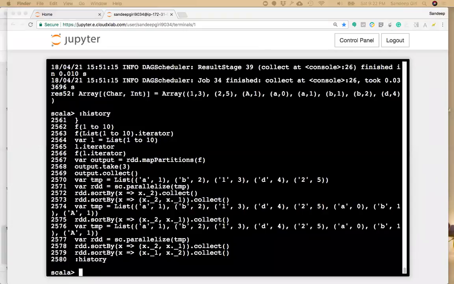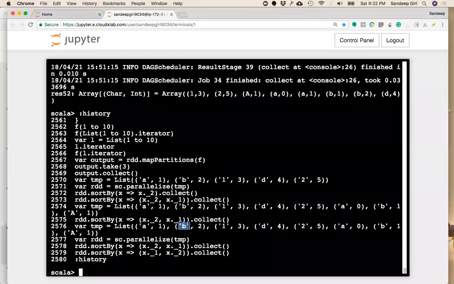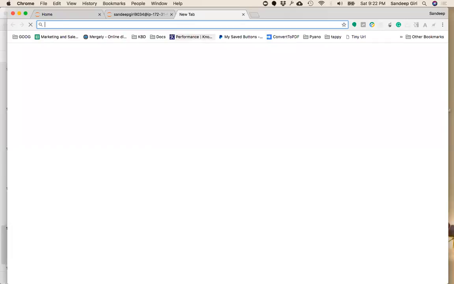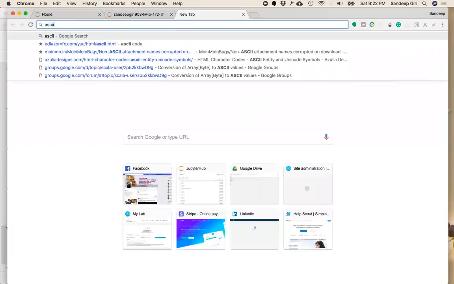All right. A question from Sachin is, I did not understand the ASCII value concept. So every character has a number associated with it internally. So when we put something in a single quote, it's essentially a number under the hood. So if you take a look at the ASCII values,